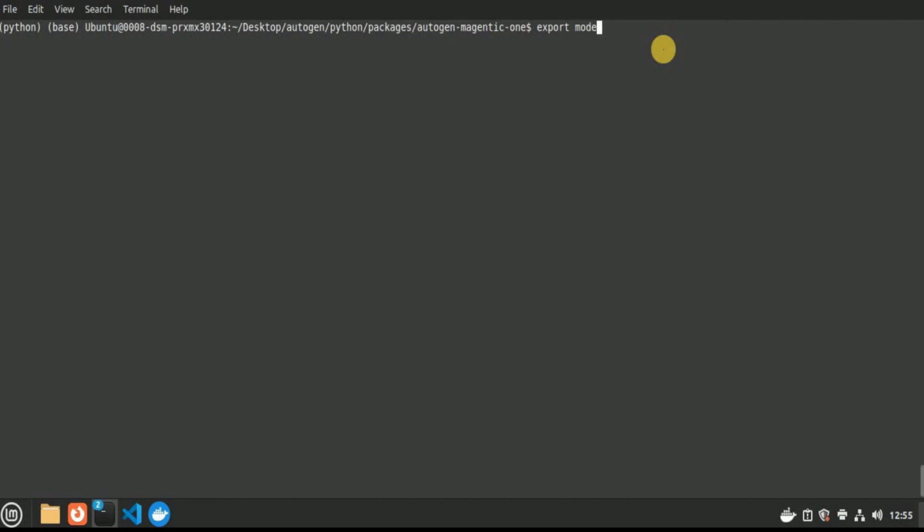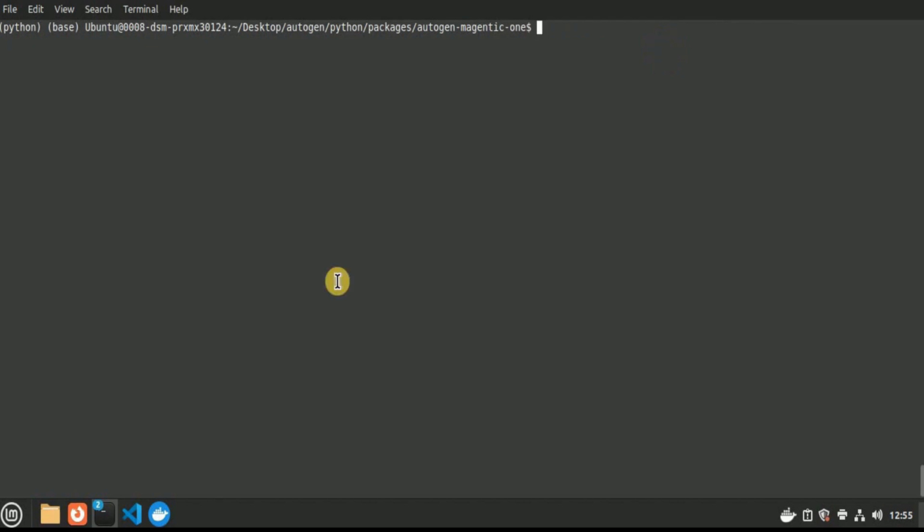So you have to create the environment variable for the model, and inside which you have to provide your model name. I'm going to use the GPT-4o, so I have provided that. If you want to use any other version for the models, you can do that too and simply hit enter. Once you do that, all of your environment variables will be configured.